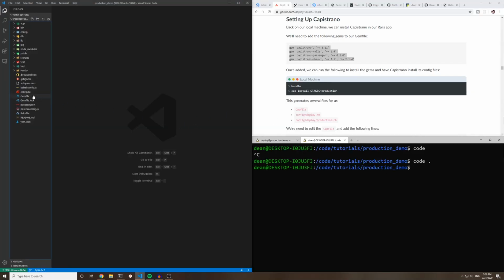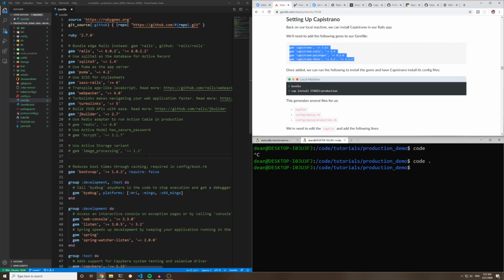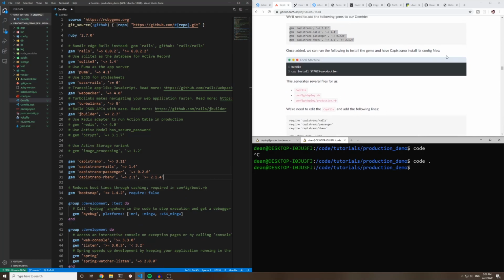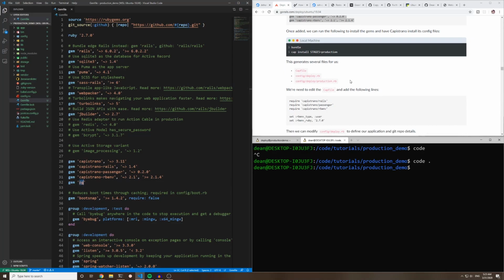Okay, so the first thing we have to do is come into our Gemfile, and we need to add in these 4 Capistrano gems. So we'll just do that right here. The other thing you're going to have to do, if you're using Postgres like you followed that setup up there, is add in the gem for PG. And if you try to bundle this gem for PG, you need to